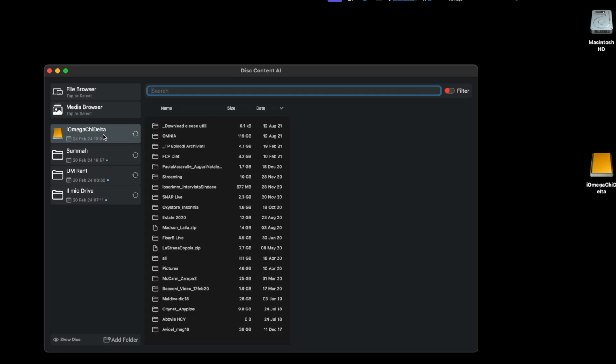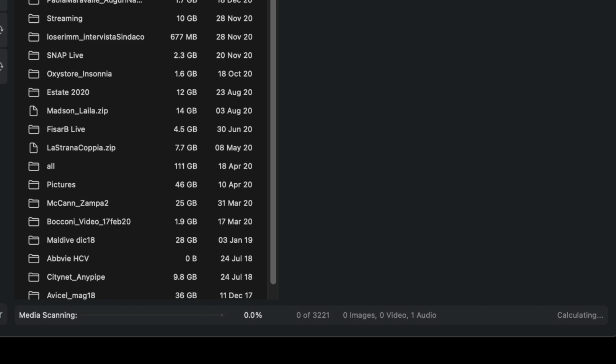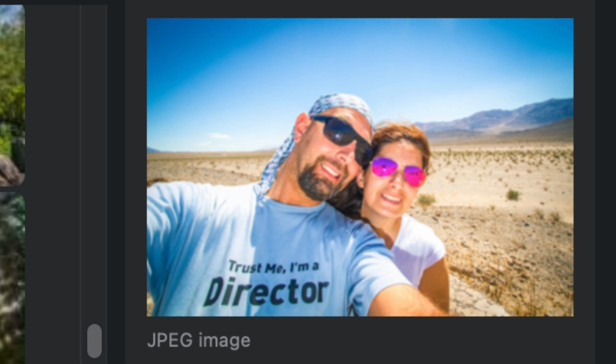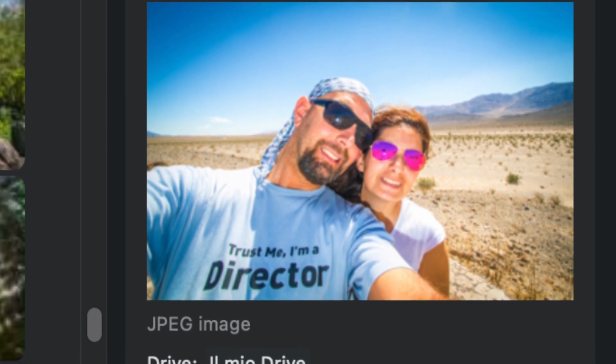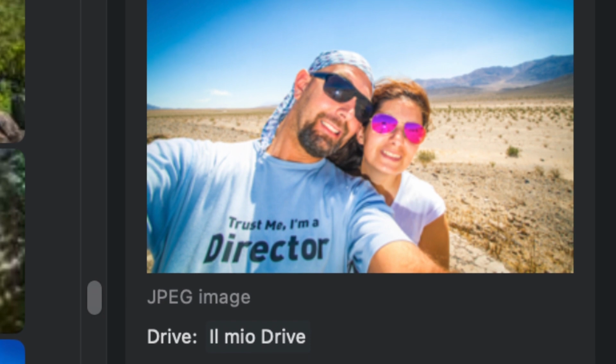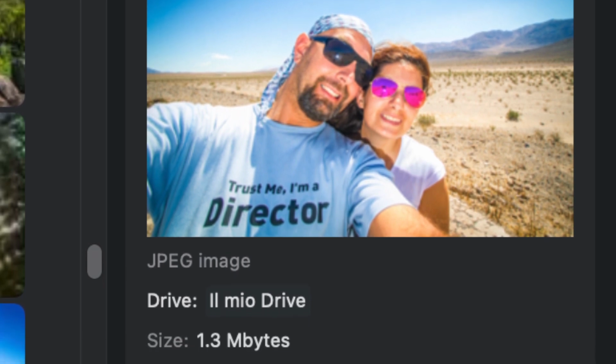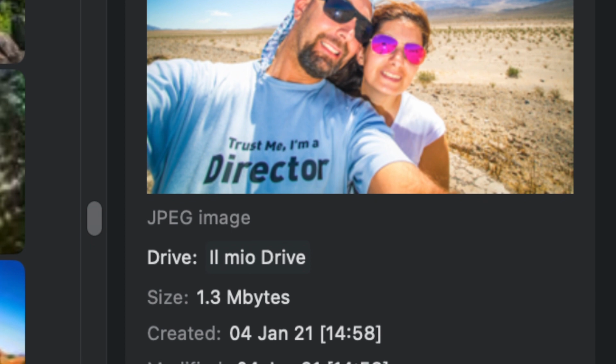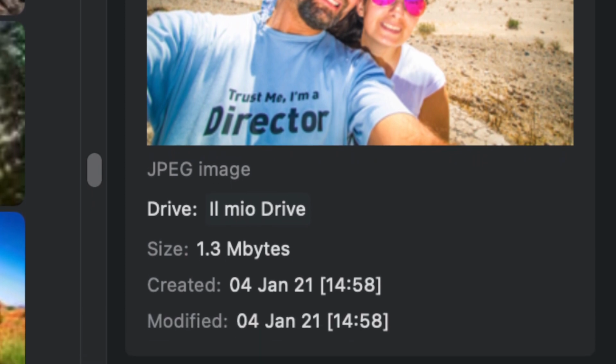Just a little bit after the scan, the media scanning starts. It means that all the media files, images, video files and audio files are scanned another time, but this time not only to get the path, the size and the modification and creation date, but to get new metadata. So for the images, for the photos, a few things are recorded. The first thing is the thumbnail. You can specify the size of the thumbnail, but it's a very, very low resolution, low quality thumbnail. It means that this thumbnail can be accessible and visible even if this drive is not connected in the future.